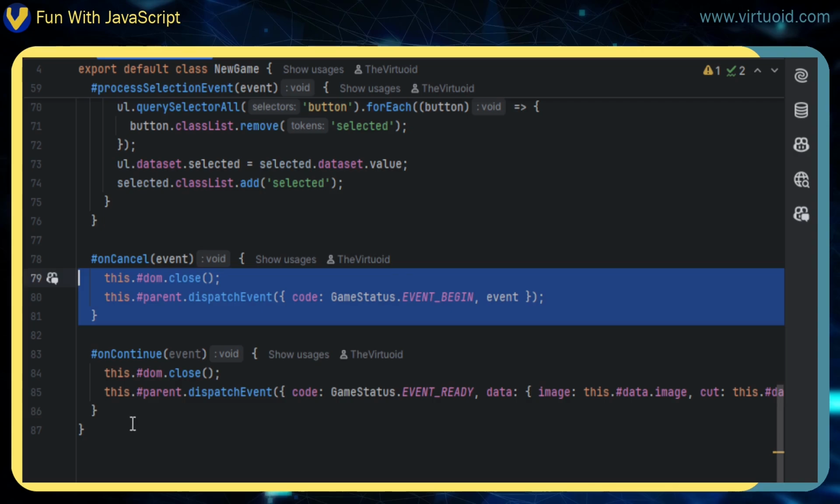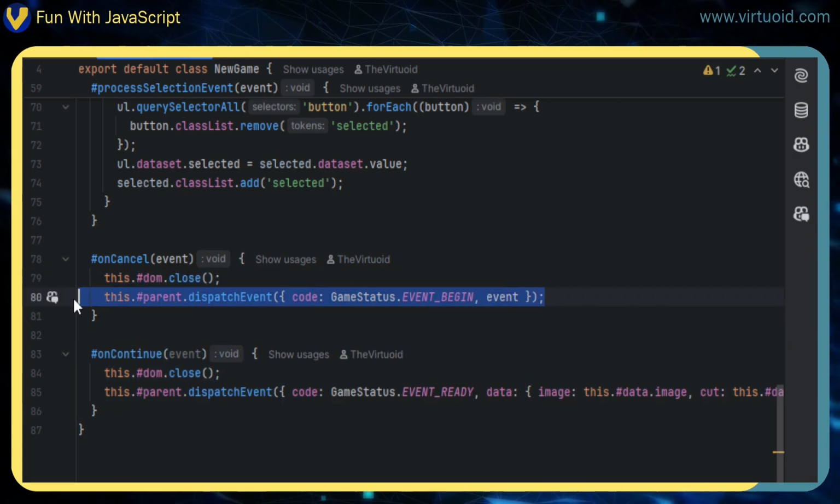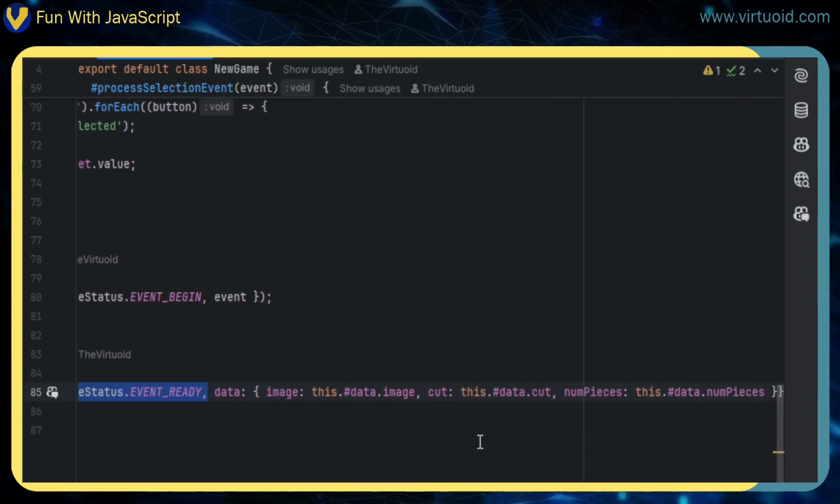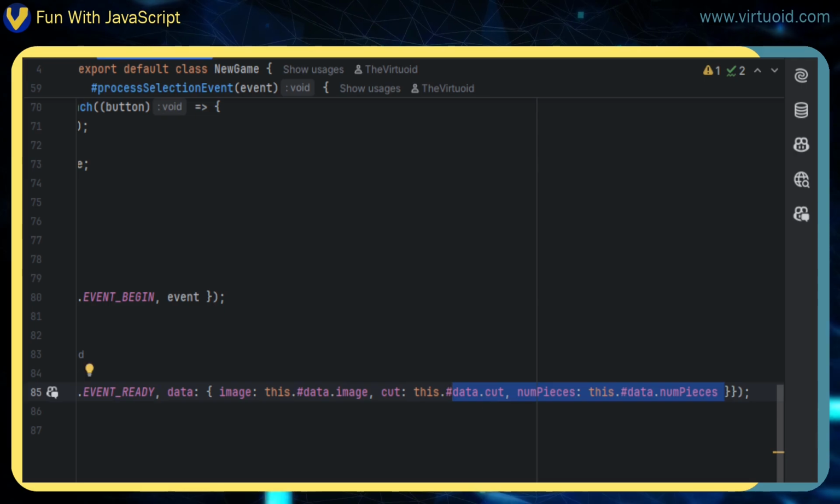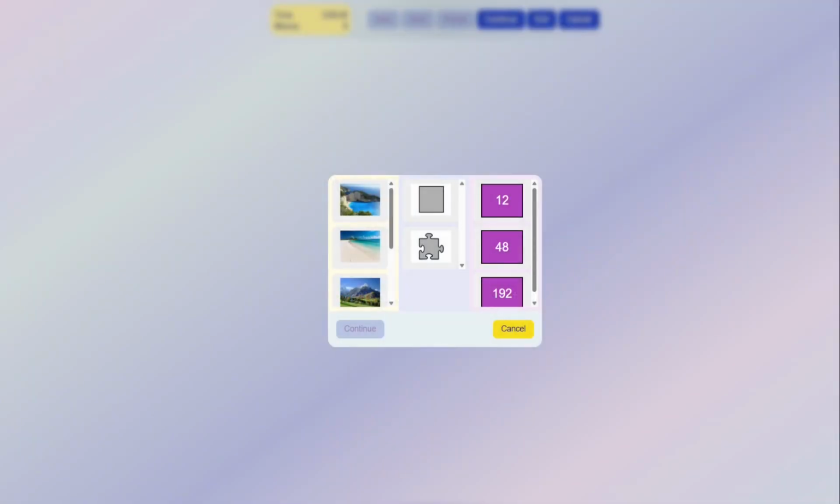If we hit cancel or we hit continue, what happens? In each one of those cases, we're going to call a dispatch event. If we hit the cancel button, we go back to the event begin, which is the very beginning of the screen. If we hit the continue button, then we do event ready, and we pass to it what image we selected, what cut we selected, and what num pieces we have selected. So this new game JavaScript file is the dialog box that we see here, and that was called in the code